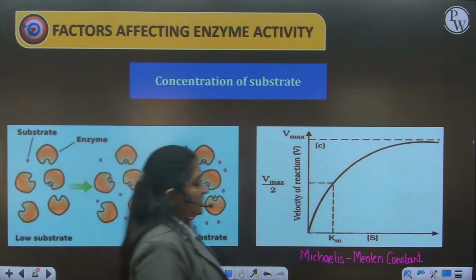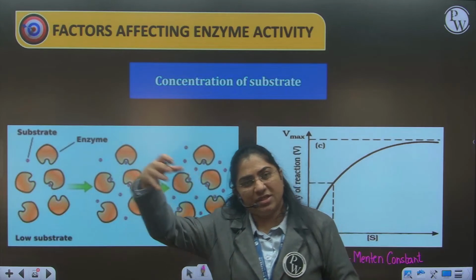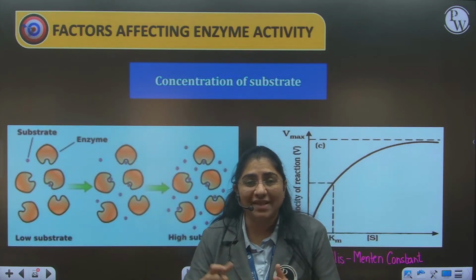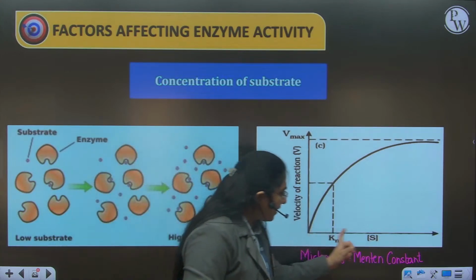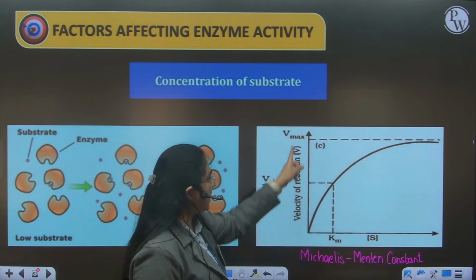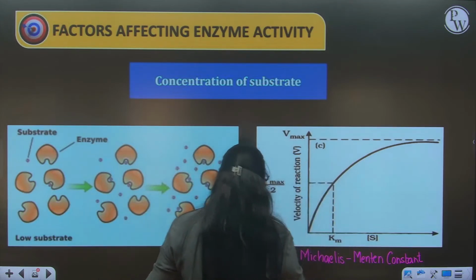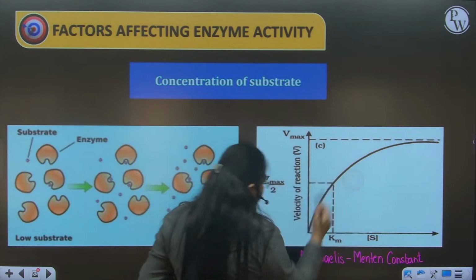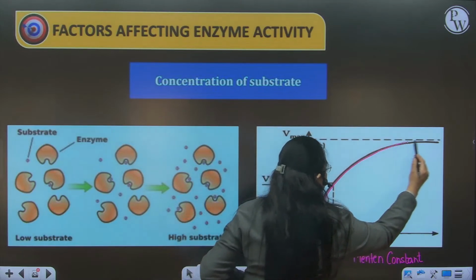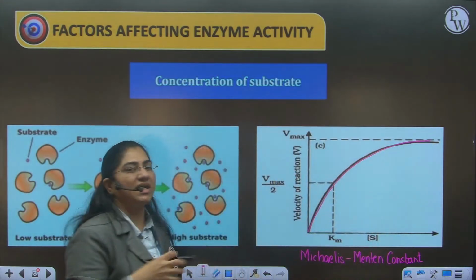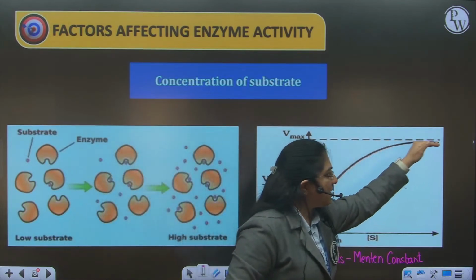Now the third factor is substrate concentration. What do you think? If you keep on increasing the concentration of the substrate, will the enzyme activity increase? Again, if we take a graph where on one axis we have the substrate concentration and on the other axis the velocity of reaction, as we keep on increasing the substrate concentration, the rate of reaction keeps on increasing till it reaches a particular value, which is called Vmax or maximum velocity, post which the enzyme activity does